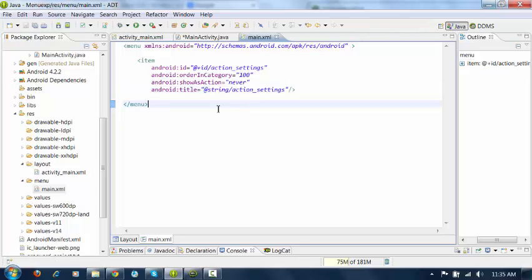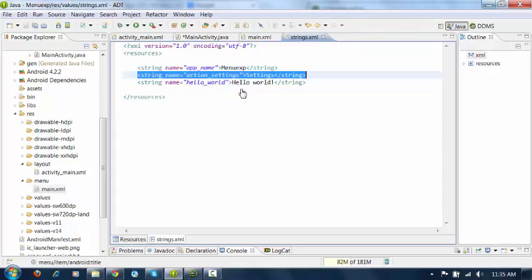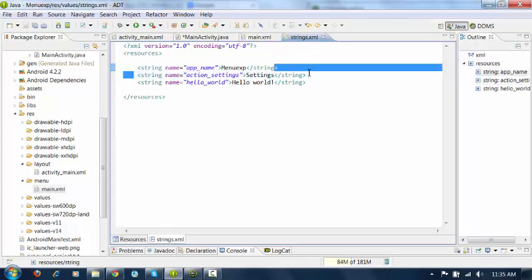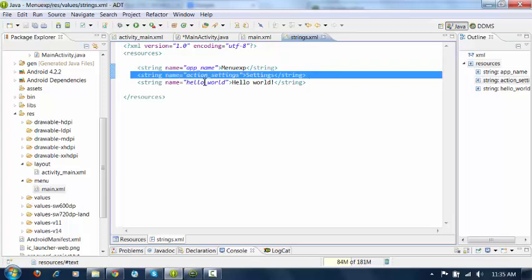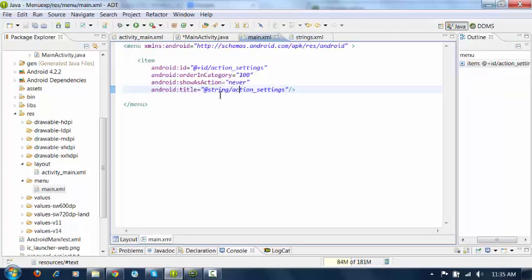I'll press the control key and click on this option. Can you see that? Here we have already defined one string. Android already defined one string here. So using that string, it is trying to display the